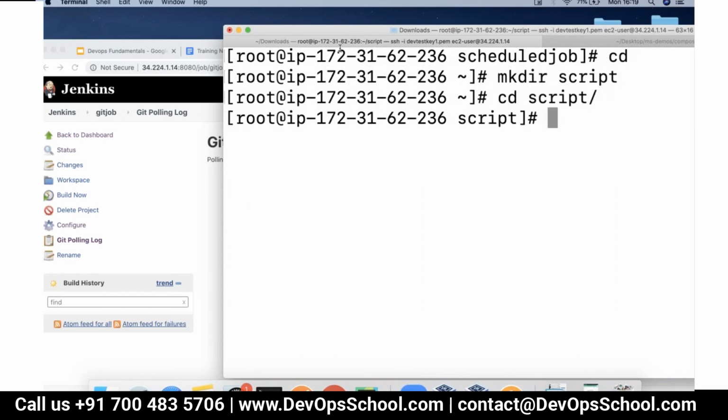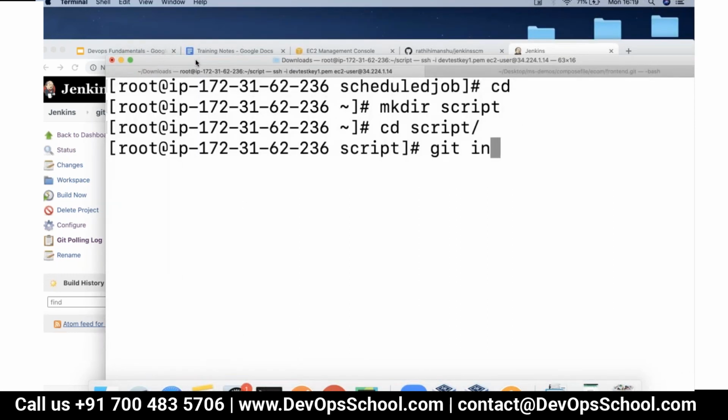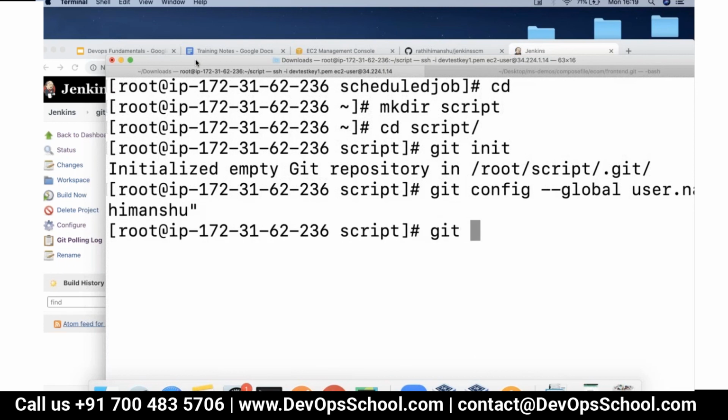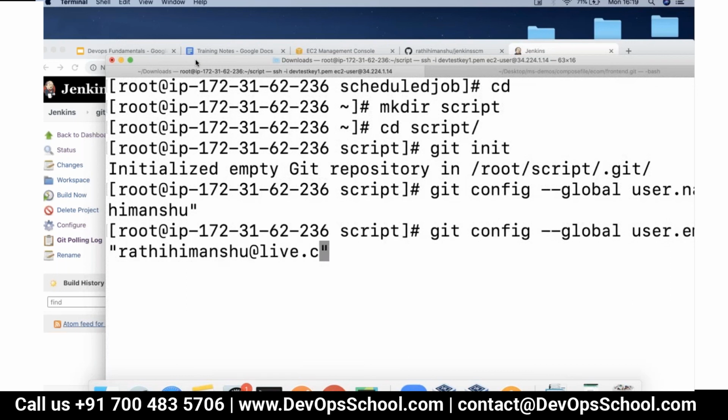Okay. Now let's initialize Git here first of all. Let's do git config. Okay. Now let's write a shell script here.